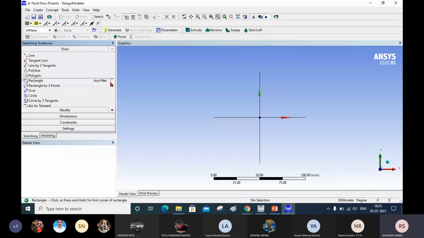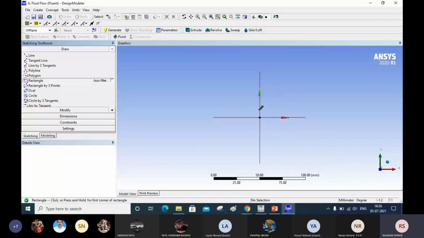Now after selecting the rectangle option, you move your mouse pointer in the graphic user interface. Now your mouse pointer will be changed from regular mouse pointer to the pencil like mouse pointer. Now you move your mouse pointer near to the origin.